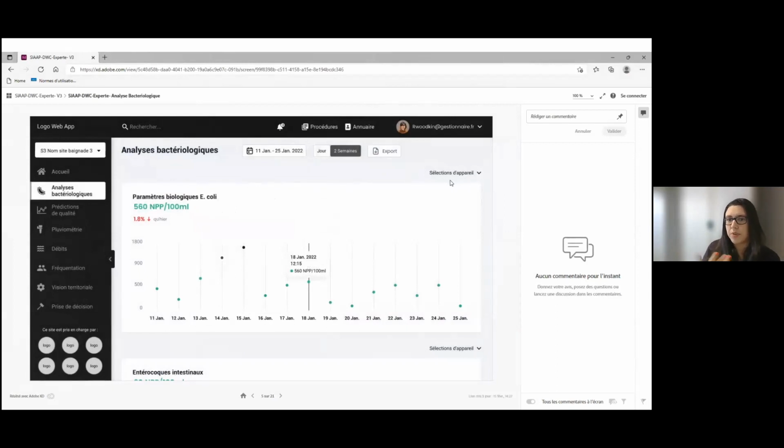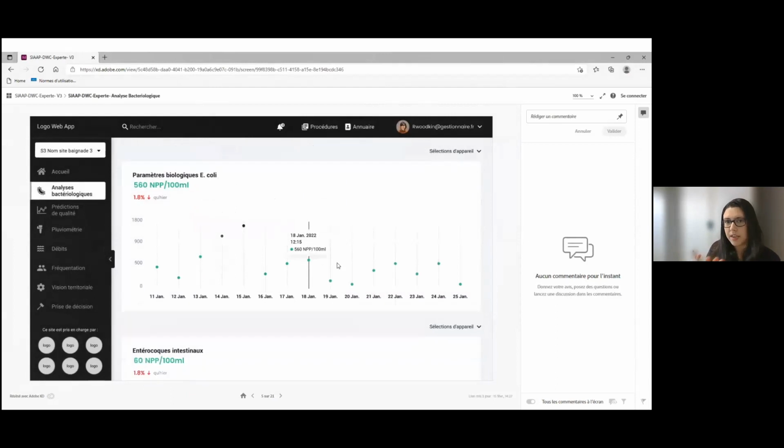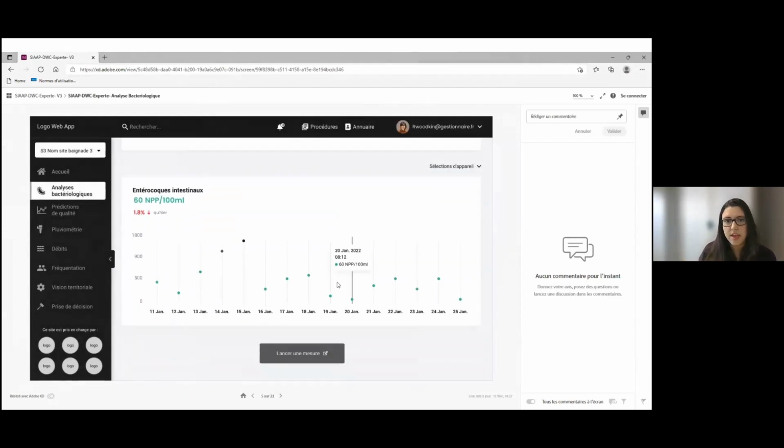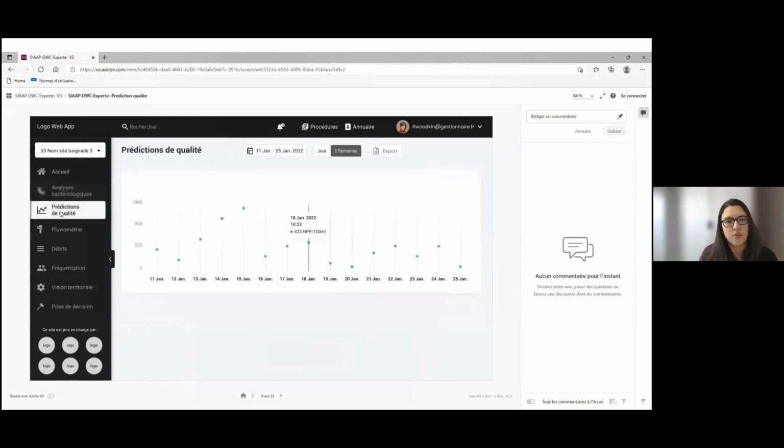Depending on the number of devices installed on the spot for measuring, you can select the devices with the data that you want. You can also access the platform page and you can sample directly. So there's going to be a button installed here to do that.